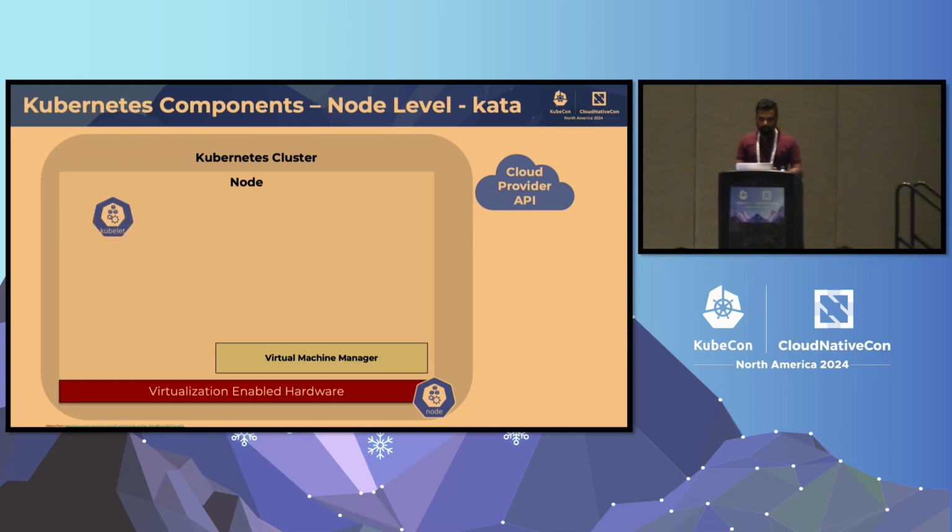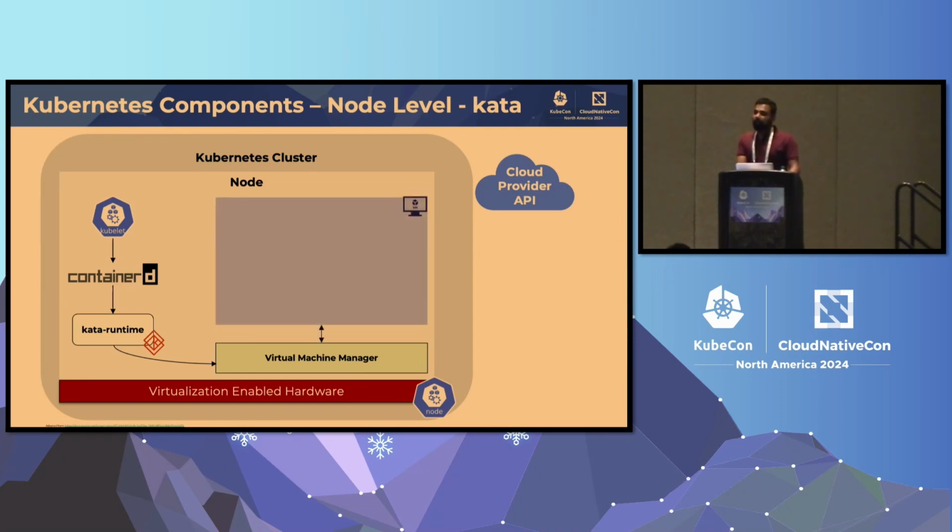So again, kubelet comes up. There is containerd. There is Kata runtime. So instead of runc, now there is Kata runtime. Kata runtime implements those OCI APIs so that containerd can talk to it, right? Kata runtime knows how to talk to the virtual machine manager. Now it could be anything actually. It could be KVM, QEMU, or Cloud Hypervisor, Hyper-V. It supports a wide range of virtual machine managers. The VM comes up,